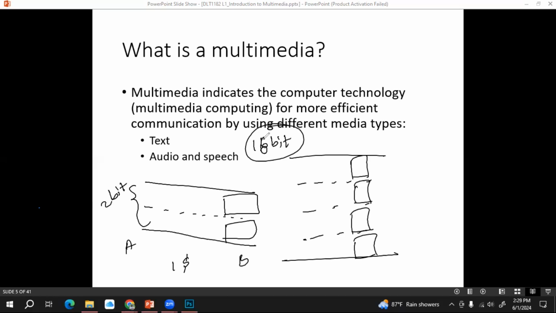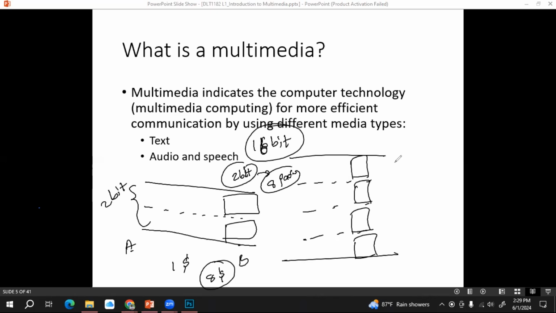We can divide these 16 bits into 2-bit packets, so completely we get 8 packets, 2 bits each. Then if you use a 2-bit connection, 2-bit bandwidth, it needs 8 seconds to transmit 16 bits from A to B, right?